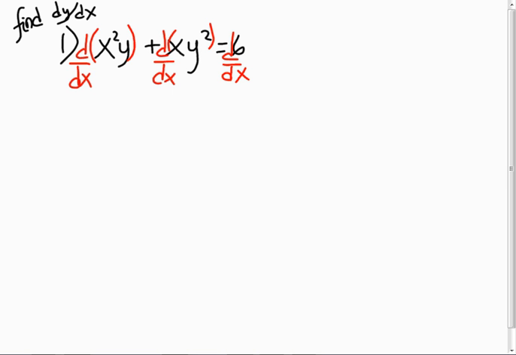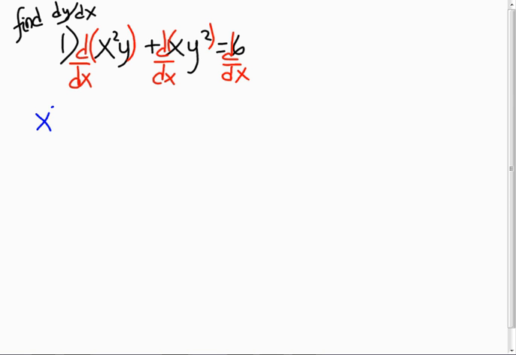Wait, so is that right for just the first half? Plus, and then you have to do the other one. Yeah, that's right. Equals 0. It's x squared times the derivative of y with respect to x. There's no y there. It's just the derivative of y with respect to x. Equals 0. Hopefully it's right. So you should get